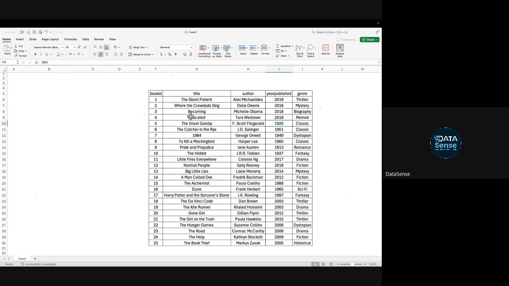Now, what is the half? What binary search does is it splits your data set, and it keeps on splitting the data set into half. So first of all, what is the half of 25? It is 12 and 13, right? So it will split it into two halves. So let's say I'm looking for ID 23. What it will do is split the data set into two halves. So this will be the first half. Okay. And this will be the second half.